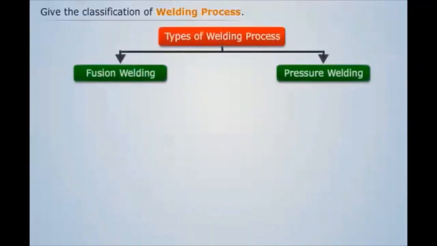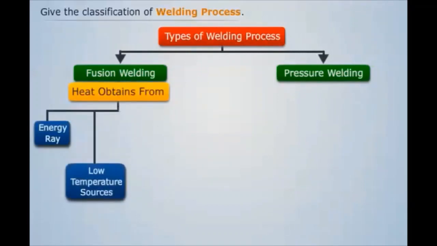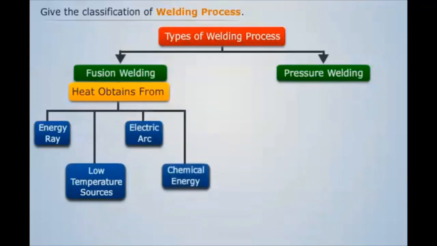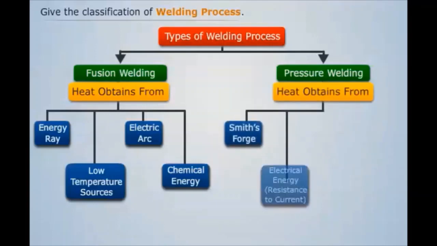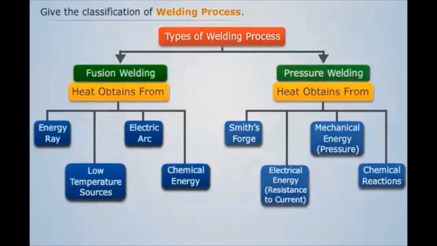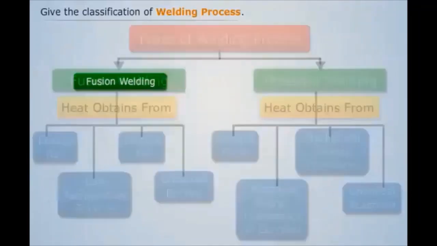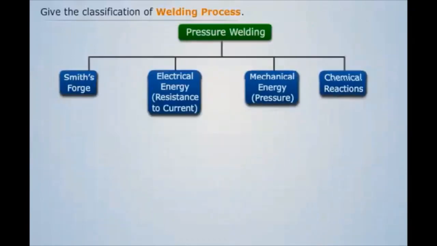Fusion welding process obtains heat from the energy ray, low temperature sources, electric arc, and other chemical energy. And pressure welding process obtains heat from the smith's forge, electrical energy, mechanical energy, and chemical reactions. On the basis of the heat source, fusion welding is further classified as, and pressure welding is classified as,